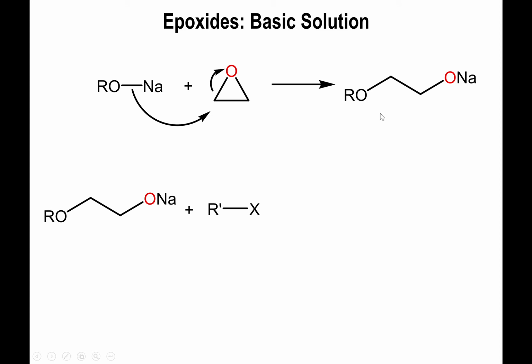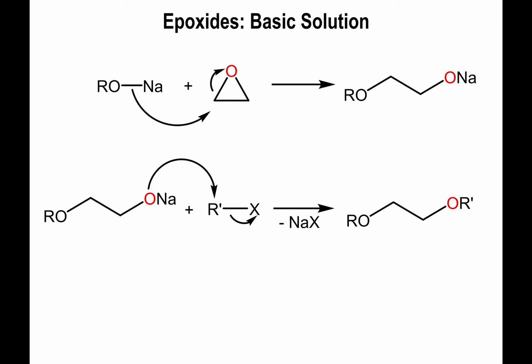Now the sodium alkoxide could be reacted with a completely different alkyl halide such that you end up introducing a new alkyl group bound to that oxygen, and then this will be a diether molecule. So here we have the ether bound to one kind of alkyl, but on this other end we have a different alkyl, and this is actually kind of an elegant way of introducing different alkyls onto those oxygens and making the ether asymmetric, which may be of use for whatever purpose you may have, synthetically speaking, maybe even